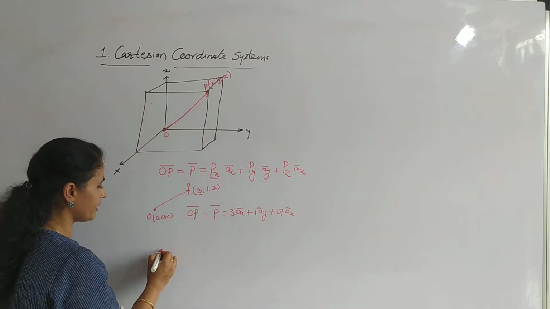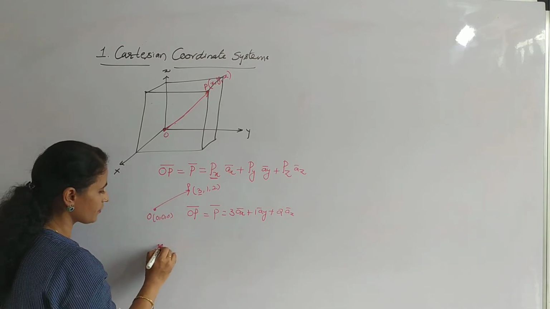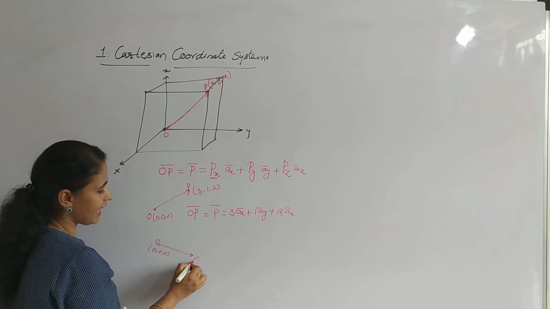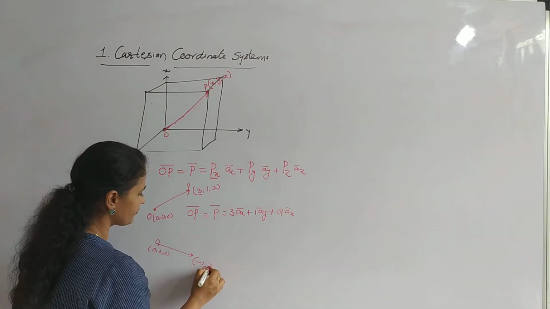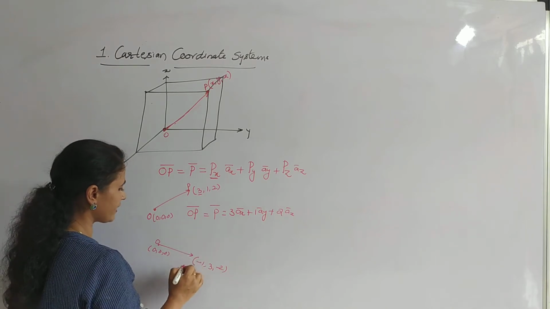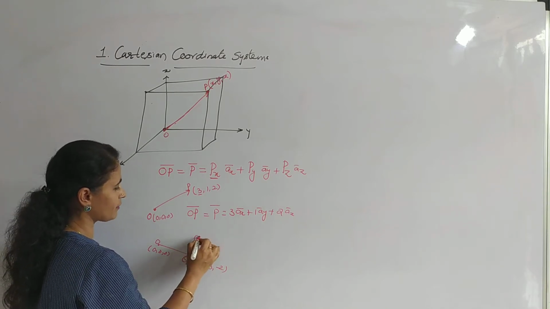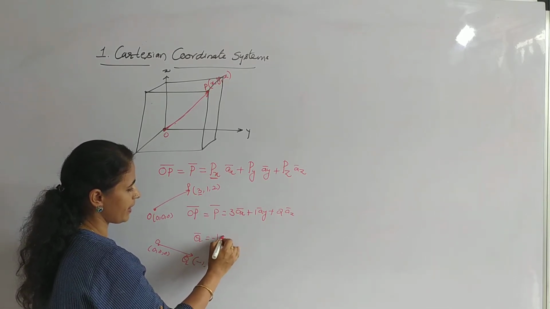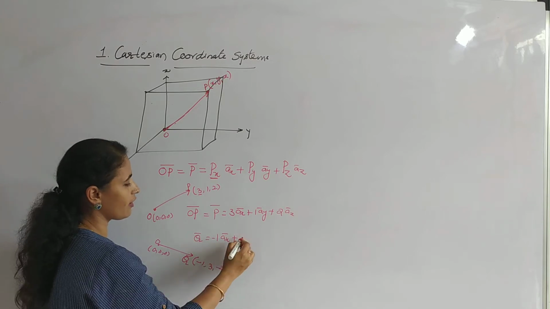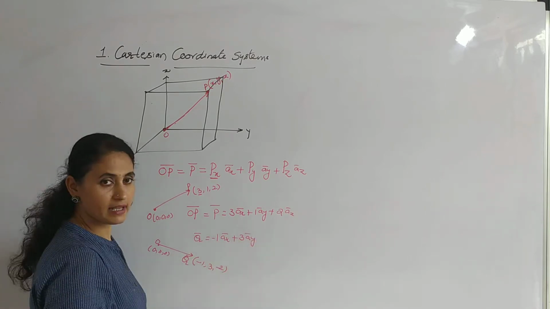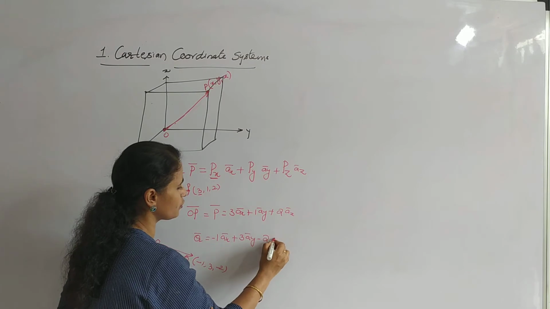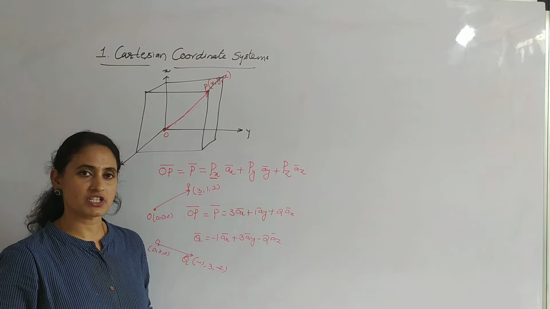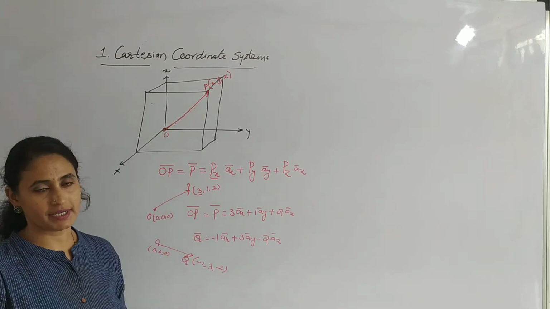We have one more point here, again with respect to the origin, O being the origin, and we have one more point like -1, 3 and -2. How do we write the vector form? This is Q bar. Q bar can be written as -1 along the x-axis, -1 AX, and 3 along the y-axis, 3 AY, and -2 along the z-axis, so -2 AZ bar. In this way we can obtain the position vector in the Cartesian coordinate system.